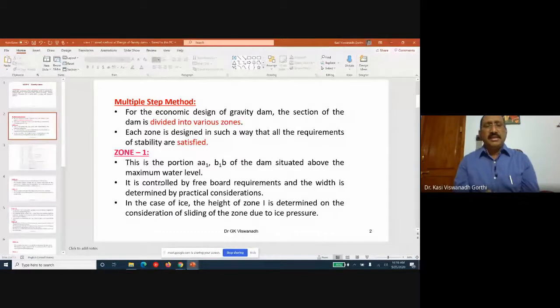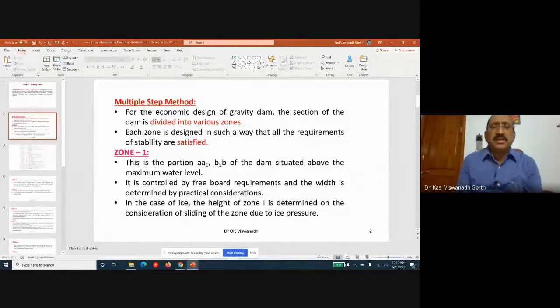So, the basic idea is whenever a dam is designed, it must be safe enough against all the forces which are acting on it. More particularly in the gravity dam, we need to verify various forces, including the earthquake force, which are to be resisted only by the self weight of the dam. So, the self weight of the dam must be such that it should be able to resist all the forces which are acting on the dam, irrespective of whether the reservoir is full or empty. Earthquake may occur when the reservoir is empty, even when the reservoir is full, in both the cases. So, we need to check the stability of the dam.